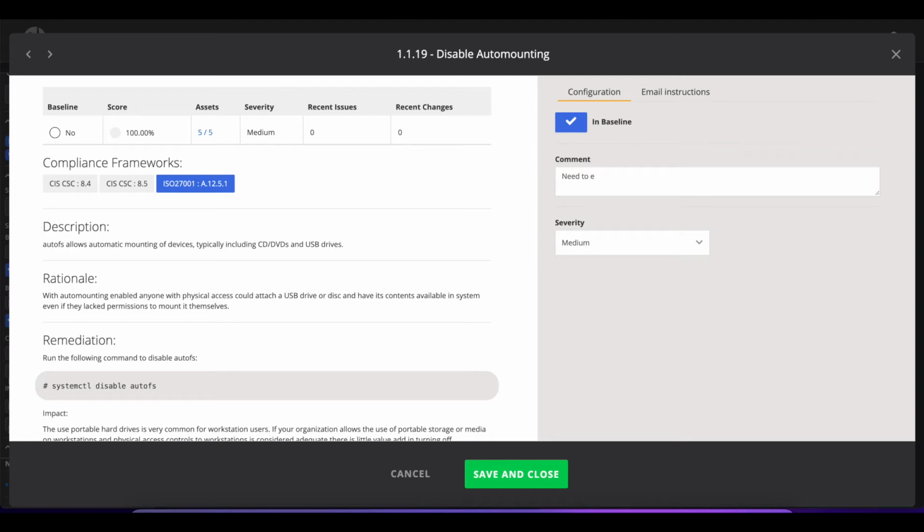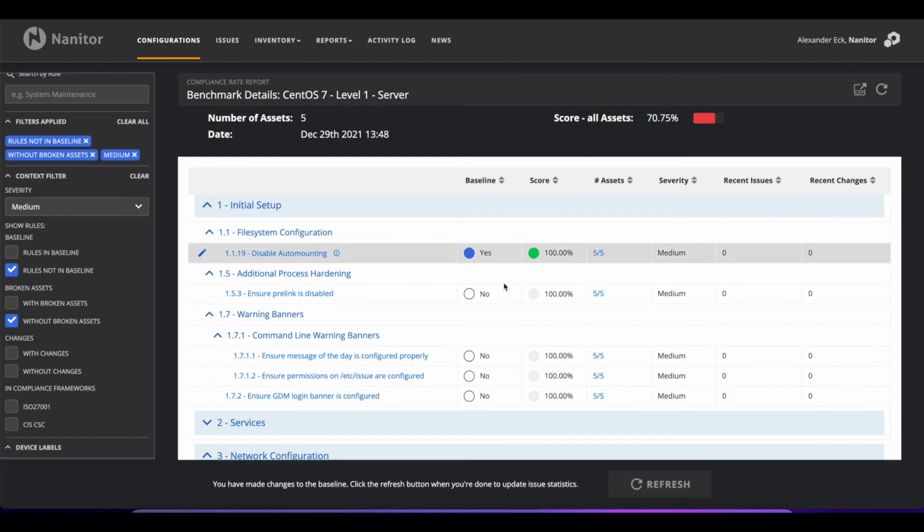and make some comment to it. And I could also here, for example, now override the severity of that check if that fails, but I'm not going to do that. And I'm going to just save and close. So I will see now here that finally this is marked as within the baseline,